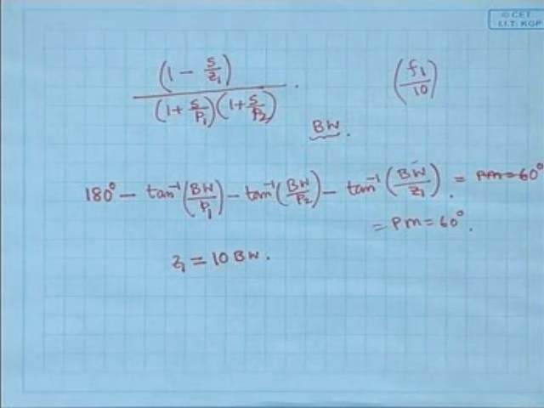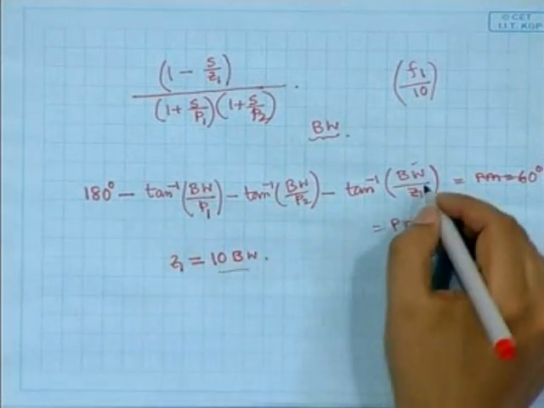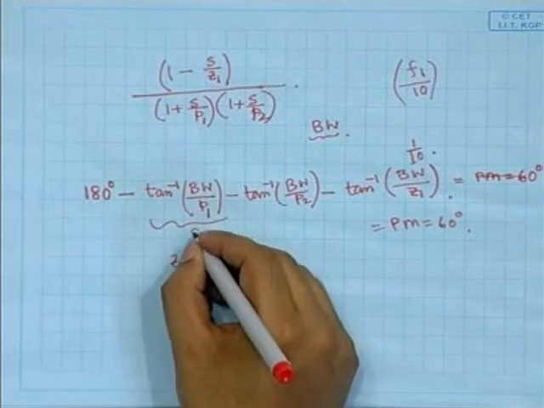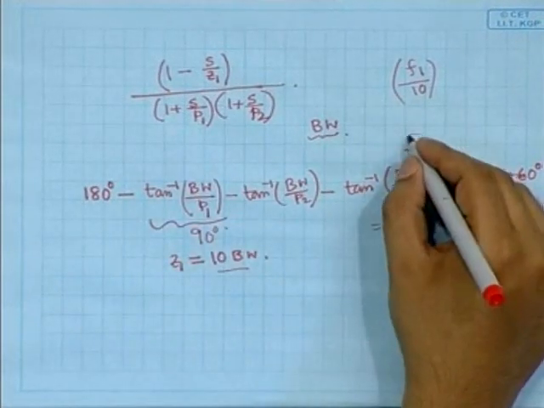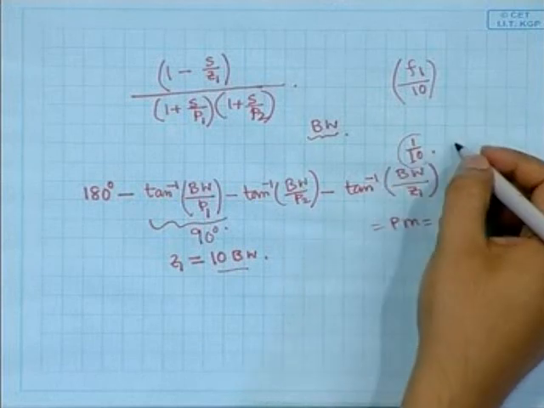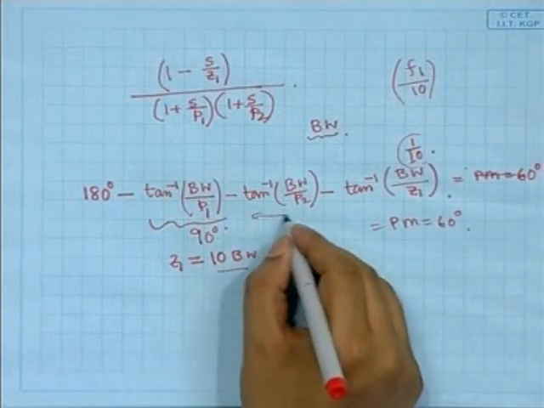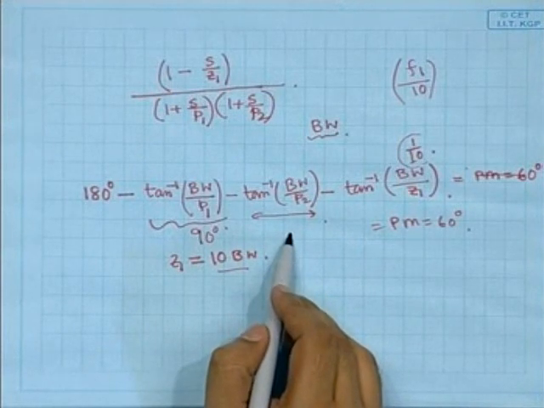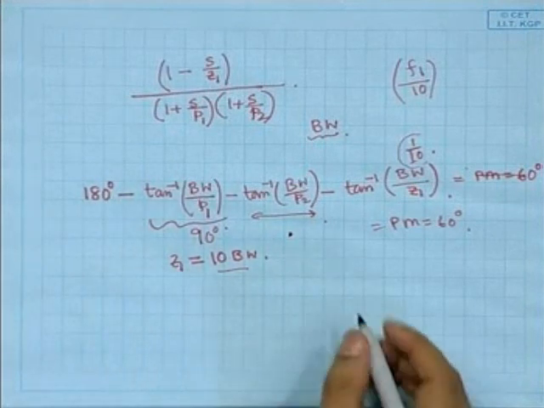If you just put it in the equation, this is tan inverse 1 by 10, and this one is 90 degrees. From that, you will get the location of pole 2. So this pole 2